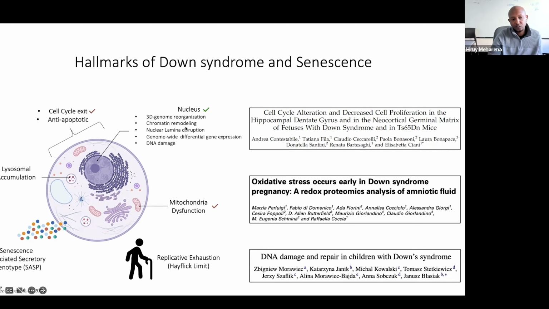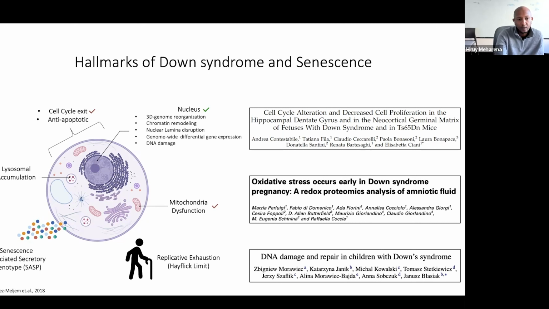Changes in nuclear architecture, as I've shown you in our neuroprogenitor cells. We've looked at chromatin states, nuclear lamina, changes in gene expression, as well as accumulation of DNA damage. And there are also significant changes in mitochondrial function. It's one of the hallmarks of individuals with Down syndrome, as well as increased DNA damage, indicating to us that there might be some similarity in terms of senescence